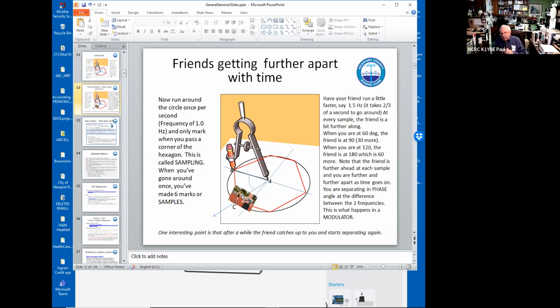As you run around this track, the faster person, the guy or girl, I put the girl ahead, by the way, in this picture, just to be friendly to everybody, because they're usually ahead anyway. But anyway,